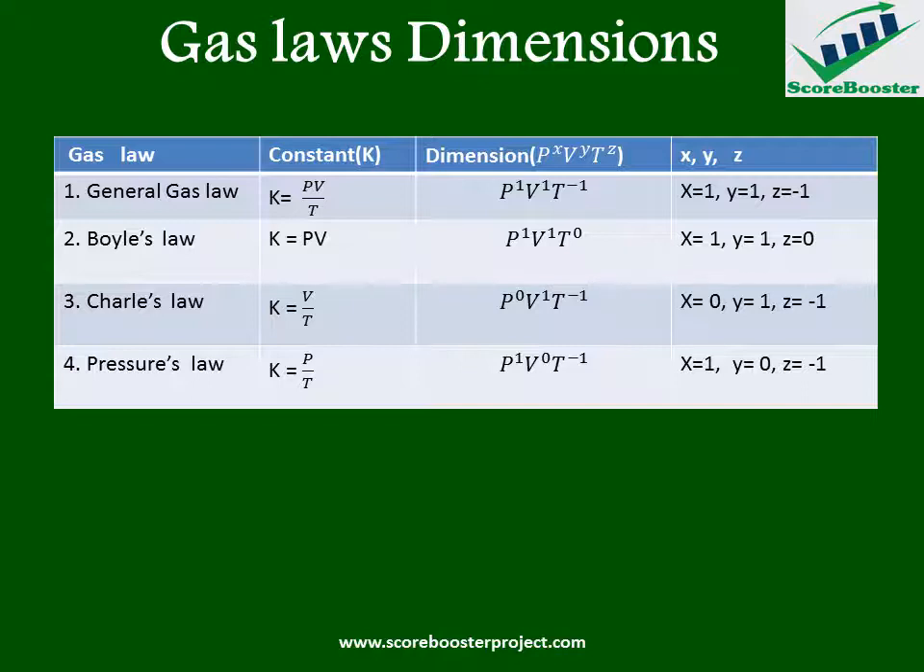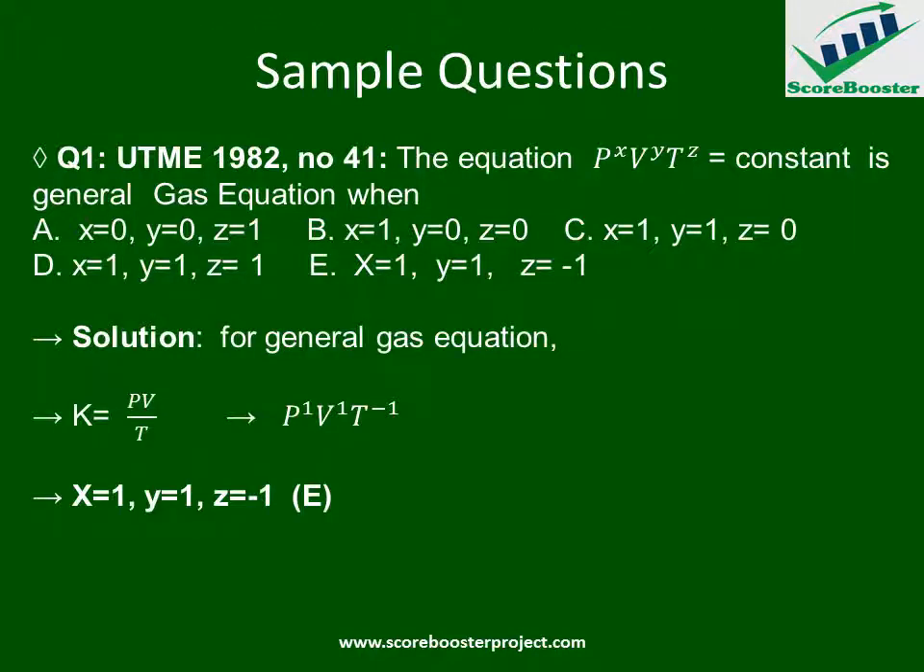So having understood the dimension of the gas laws and their powers of dimension, we can proceed to sample questions from the UTME. The first question to be considered comes from UTME 1982, number 41. The question goes thus: the equation P raised to power x, V raised to power y, T raised to power z equals constant is the general gas equation when